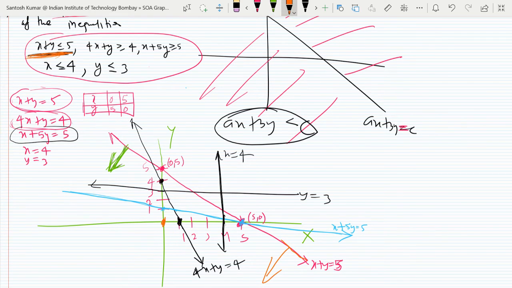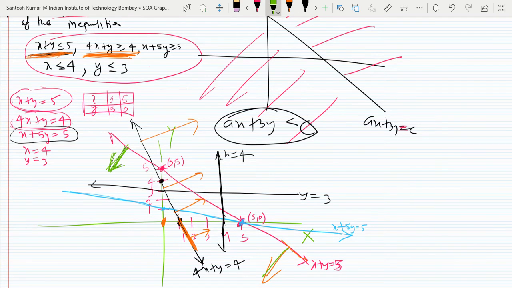Okay, I will do the same thing for the other one. Here it is ≥, so you have the line like this one. You may take the origin (0, 0): 0 ≥ 4? This is false. False means I have taken the left side of the line. The origin lies on the left side of the line, and that gives a false result when I put it into the second inequality. So the origin does not lie in the solution region. Its solution is the upper half, this side.